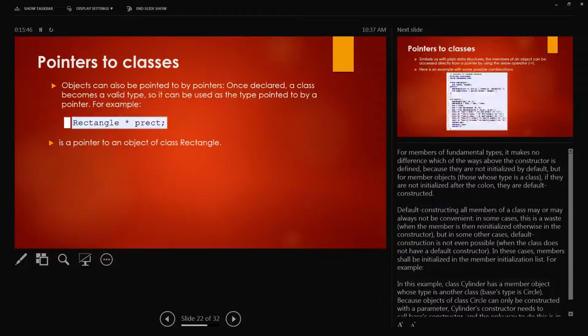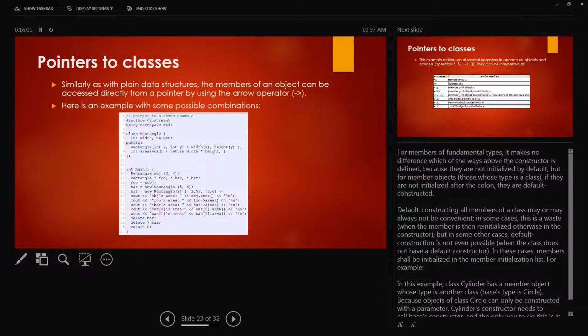So you can also use pointers, as I kind of mentioned. If we go back to the example of a rectangle, objects can be pointers, just like any other object can be. So this is an example of declaring a rectangle as a pointer. If you're using an object as a pointer, however, instead of using the dot operator, remember that you have to use the arrow operator